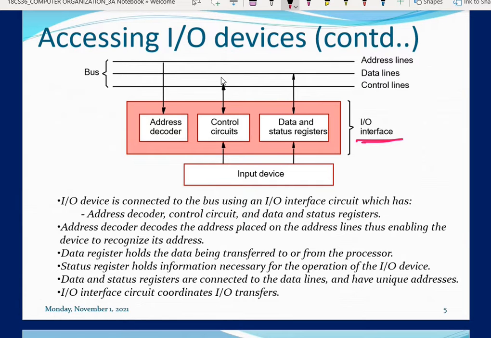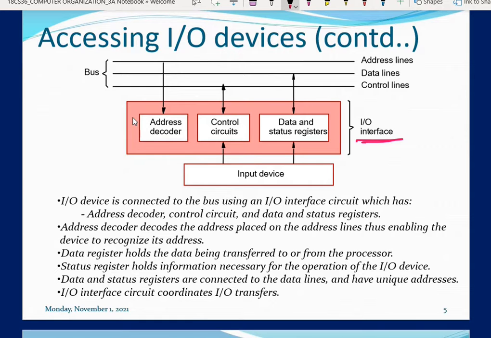Now how this interface is designed, that you need to understand. What are the components of the interface? This may be a little bit difficult module. You may find the circuit diagram difficult, but try to understand practically how IO devices are working. Normally as a user we are not going to bother how the devices are connected, but if you are going to be an engineer, you should know all these terms, how IO devices are interacting and how they are all connected.